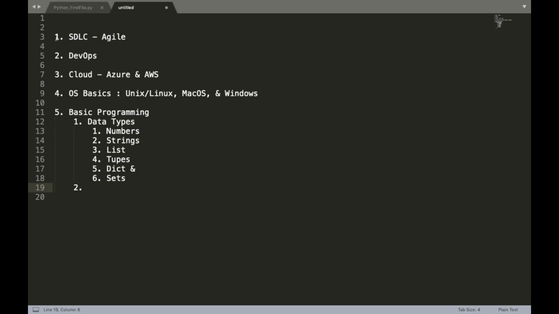So first, I hope you understood SDLC, Agile. Next will be DevOps, then cloud, where two environments will be covered, then basic OS commands, then basic programming. Basic data types is the first segment. Second segment is,